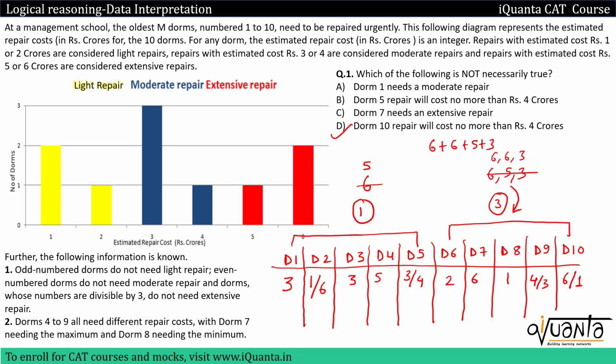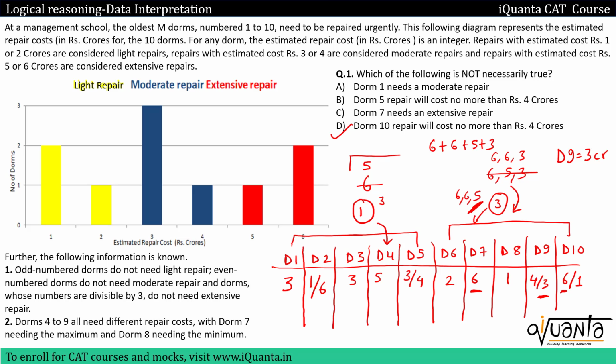Is that possible? Yes, it is possible when D4 is the women's DOM here, and the 3 DOMs having cost 6, 6, 3 from here should be D7, D10 and D9. So this is a possible case, and here I am getting the cost of repairing D9 equal to 3 crore, because this is what we have been asked in the question. Another case could have been, I would have taken a DOM having cost 3 crore from here and 6, 6, 5 from here. But is that possible? No, because there is no DOM in these 3 having a repairing cost of 5 crore. So this case is not possible. Only possible case is this one.